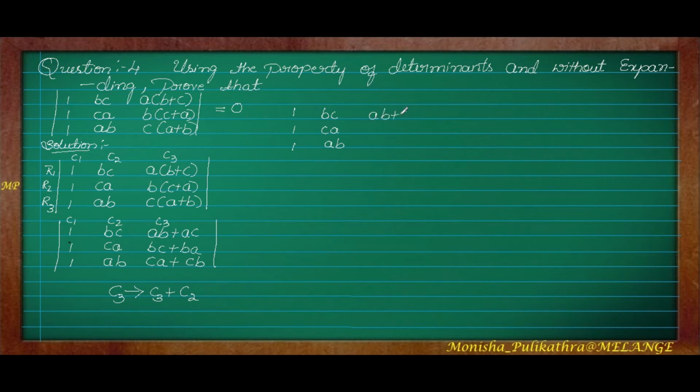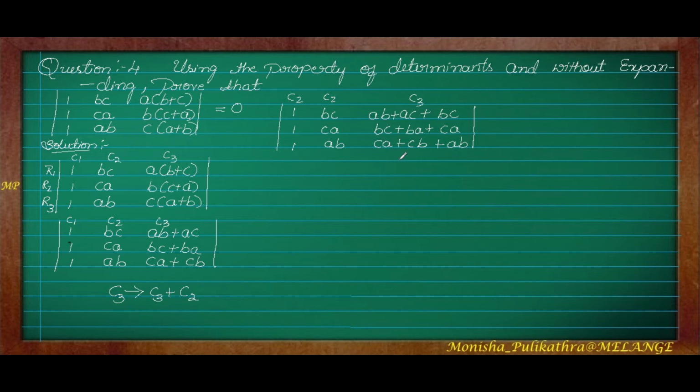First one, AB plus AC, write as it is, plus BC: AB plus AC plus BC. Second one, BC plus BA plus CA. Next one, CA plus CB plus AB. You can notice here all 3 rows in the third column are the same. It is AB, BC, AC; again AB, BA is also equal to AB, BC, AC; again AB, BC and AC.